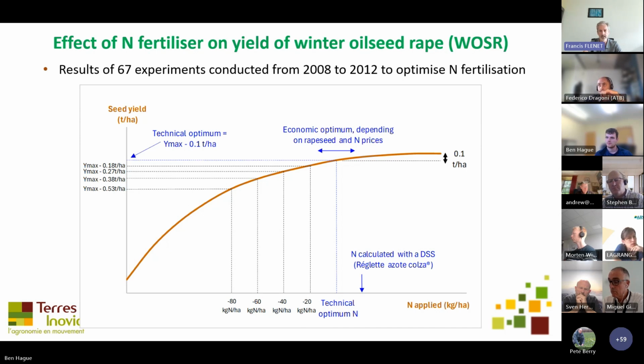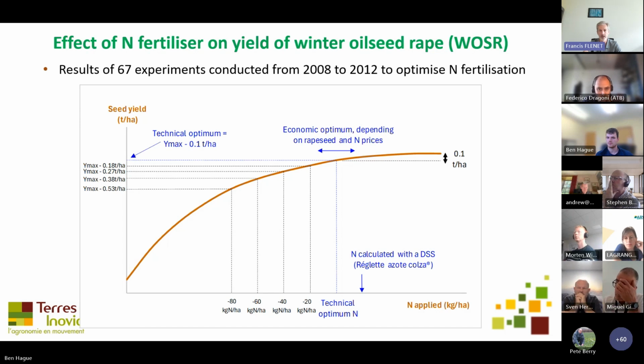We calculated the technical optimum of the amount of nitrogen. We defined this optimum as the nitrogen amount to reach the maximum yield minus 0.1 ton per hectare, because above this value, the nitrogen use efficiency is very poor. In this figure, you can also see the effect on seed yield of 20, 40, 60, or 80 less nitrogen